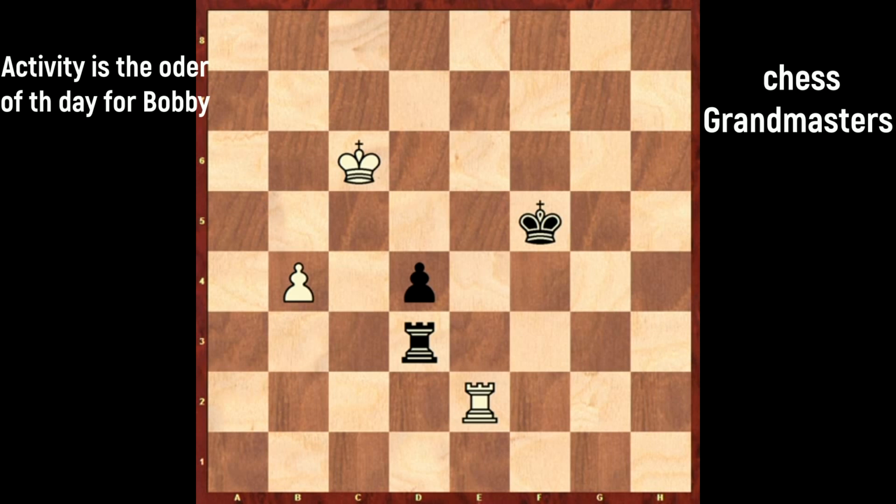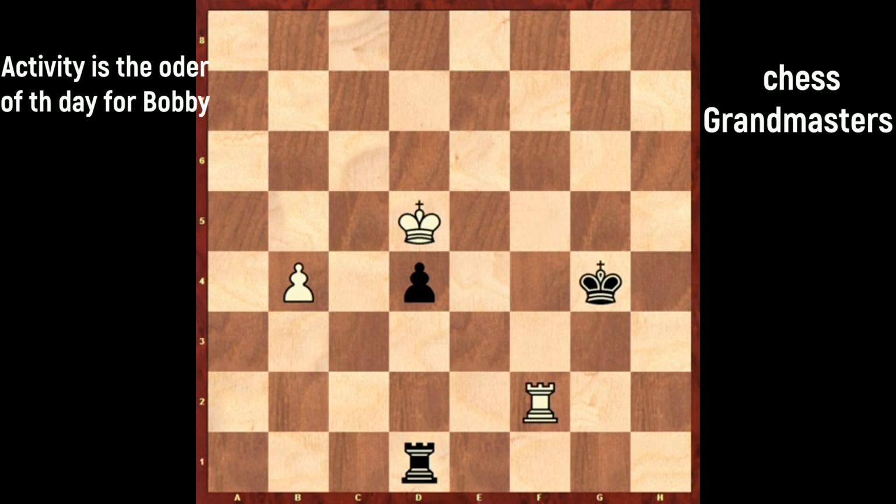Maybe Biscaya missed Bobby's answer. Backward moves are always difficult to spot, I think. Again, this beautiful bishop check. And check, very good technique. But now,